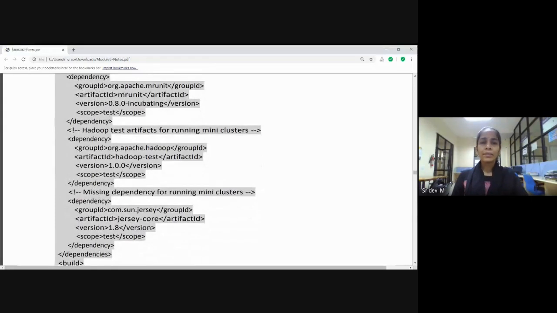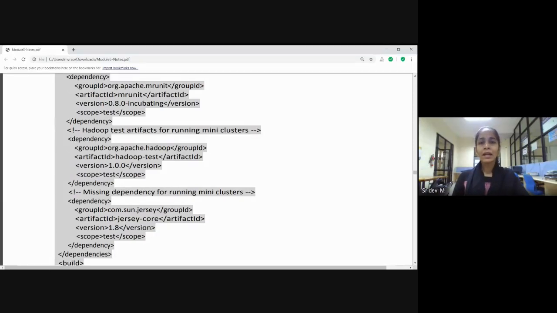And the other artifacts that we included are to run on a mini cluster. Why? Because you have to check whether your MapReduce program is running at a smaller scale on a mini cluster in a pseudo distributed mode. Remember, mini clusters are provided in a pseudo distributed mode in order to check the functionality of your MapReduce at a smaller scale.